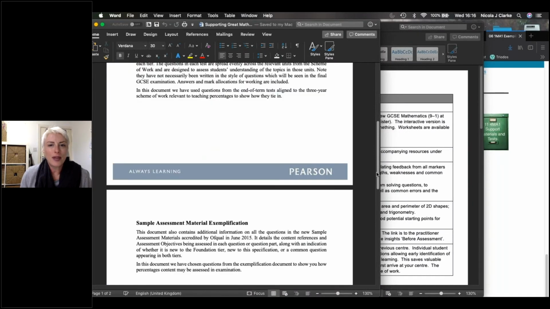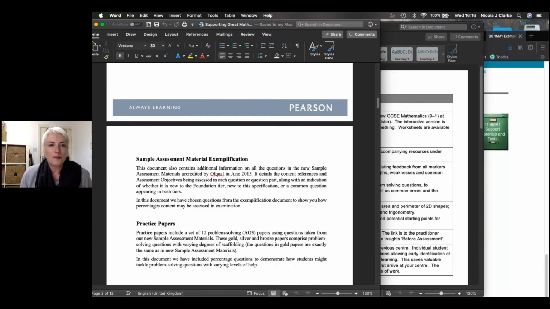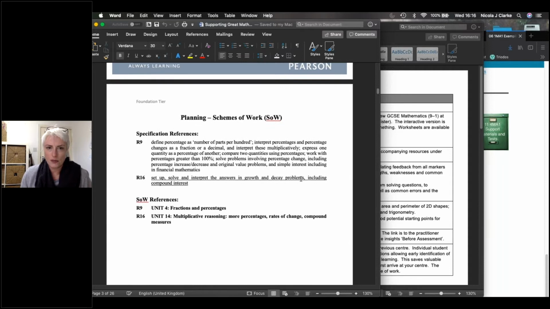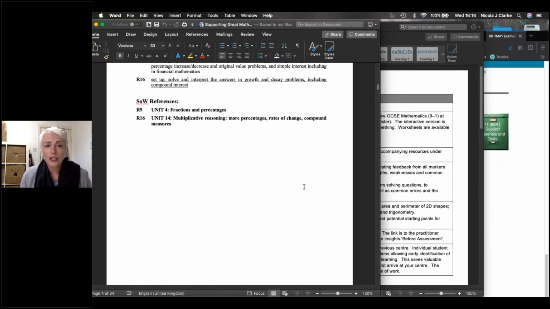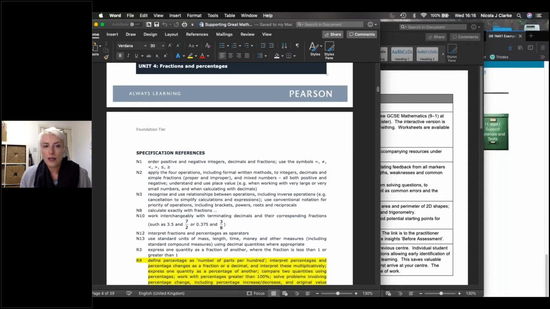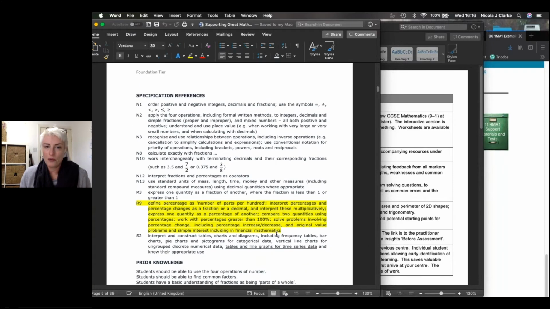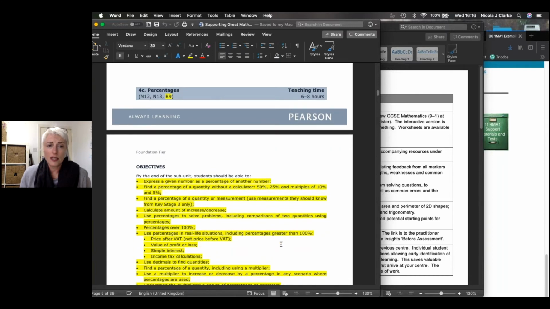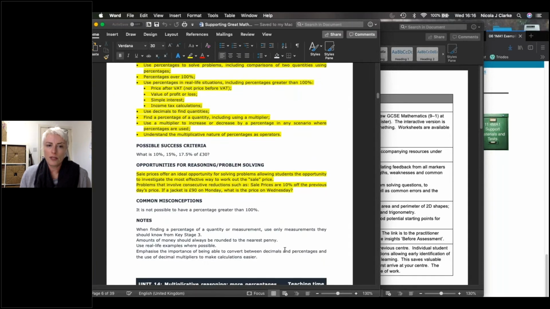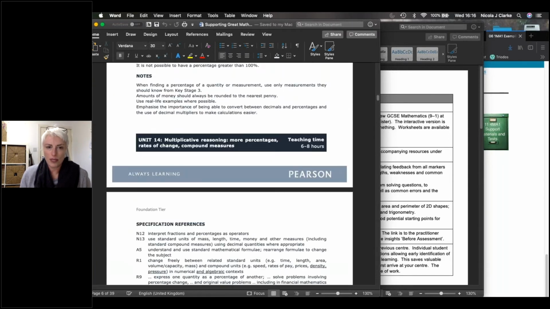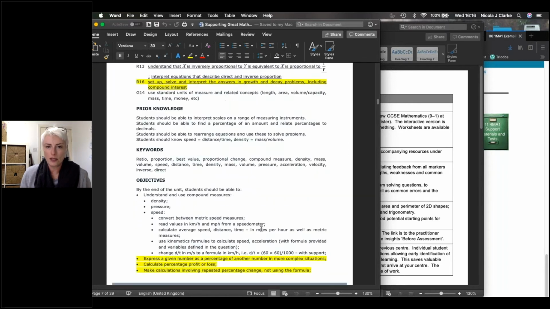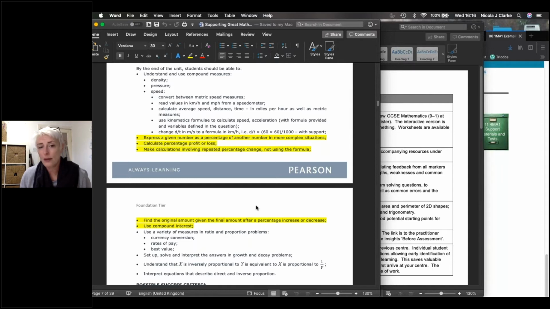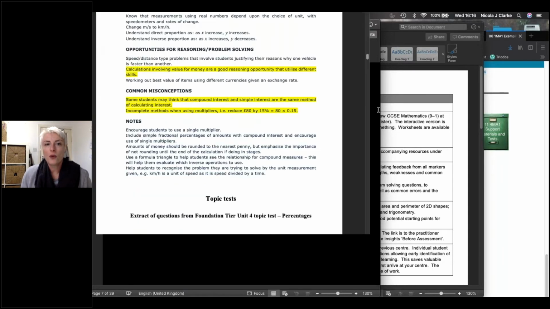So we've got here some exemplification, so it extends the knowledge, specifics from the scheme of work, prior learning, highlights of where we definitely need to do a bit of focus. So if you need something quite specific and quite detailed and ready to go, there's pages. This is a 39-page document, so there's all of the background,